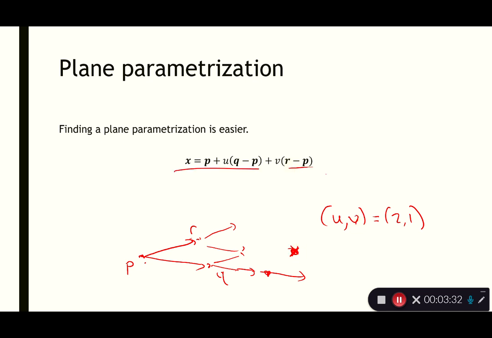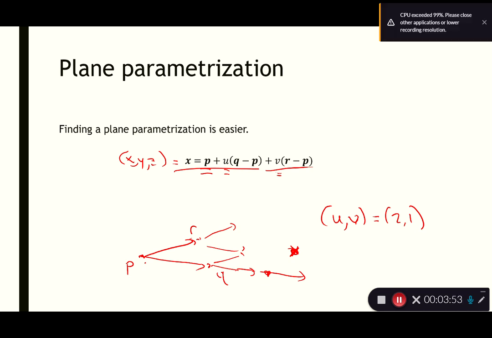And the formula for that parameterization is given up top here. We say that the x, y, z coordinates of a general point on this plane are given by the point P plus u along in the direction from P to Q, and then v along in the direction from P to R. And so that's also a very convenient way to take this